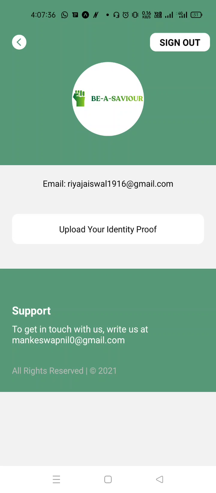We want to keep an identity, so that if anything happens, if he or she does anything to other people, then we can contact them easily and get them punished. By clicking on this, we can upload our Aadhaar card or any identity proof from the phone.